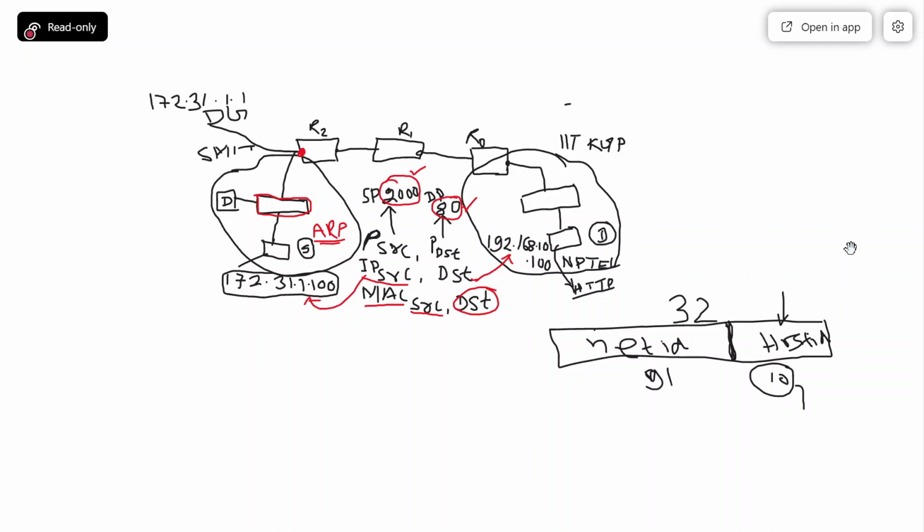Similarly, the same concept is there in the network. Out of 32 bits, some bits are reserved for net ID and some bits are reserved for host ID. How many bits are reserved for net ID and how many for host ID is given by the subnet mask.